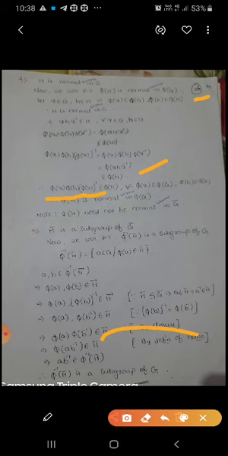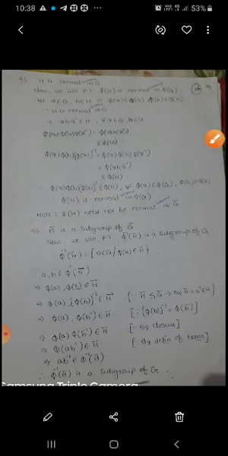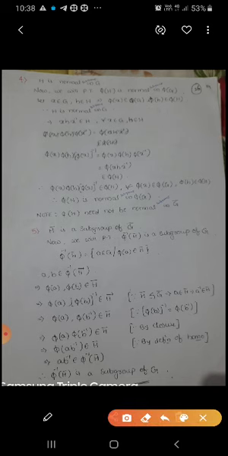So, next, the fifth one: H bar is a subgroup of G bar. Now, we will prove that phi inverse of H bar is a subgroup of G. So, phi inverse of H bar equals the set of A belongs to G such that phi of A belongs to H bar. So, A, B belongs to phi inverse of H bar. That implies phi of A, phi of B belongs to H bar. That implies phi of A, phi of B whole inverse belongs to H bar.